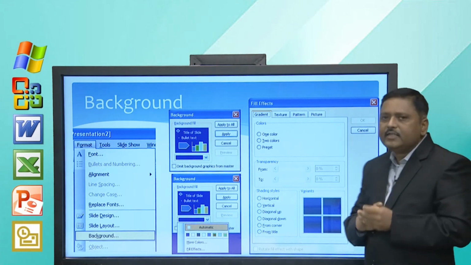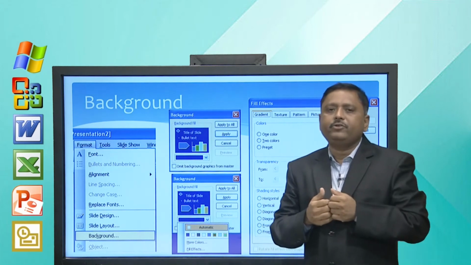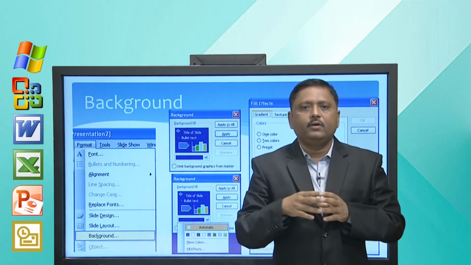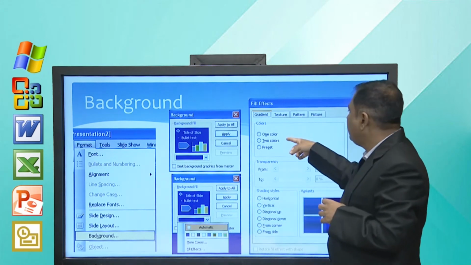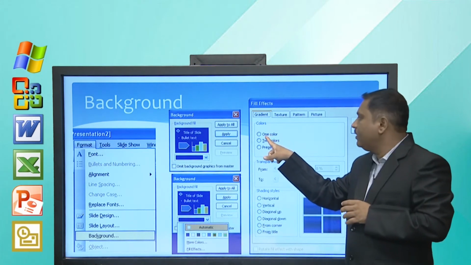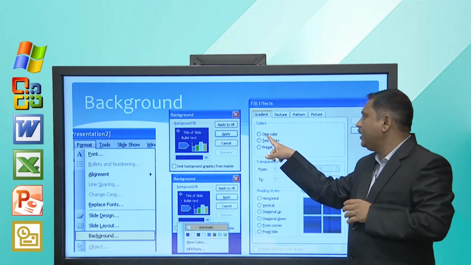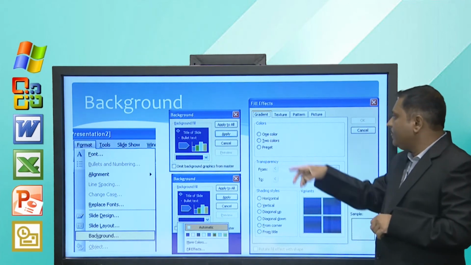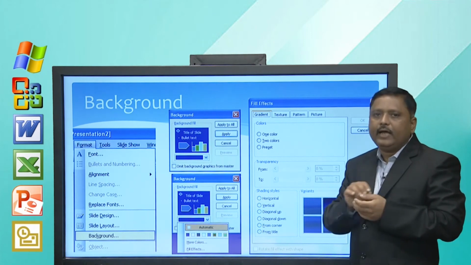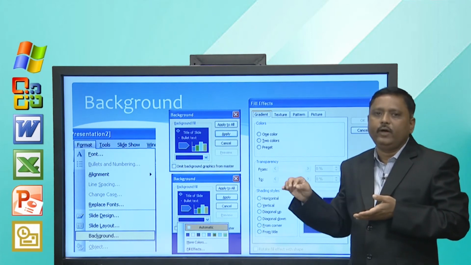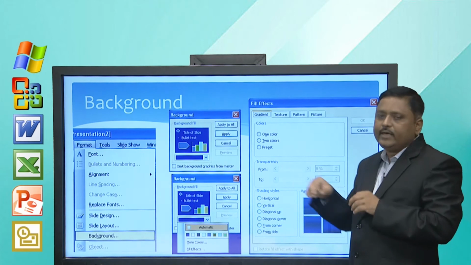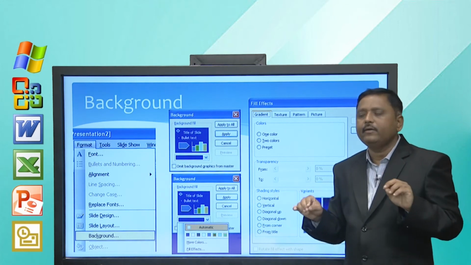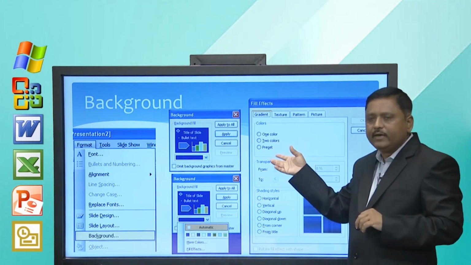Gradient is basically a combination of two colors that you can apply to your background. By default we have one color, two color or presets. If I select one color, I can have shades of one color only, and if I say two color, I have a combination of two colors in shade, and we can have preset also.